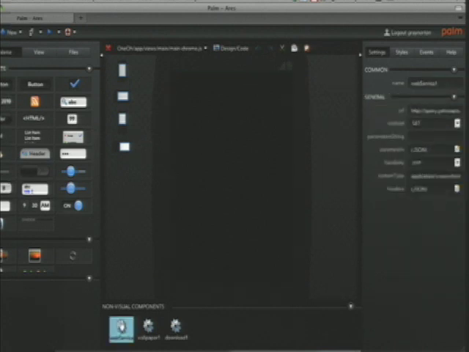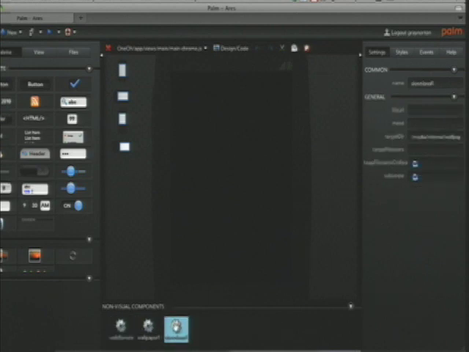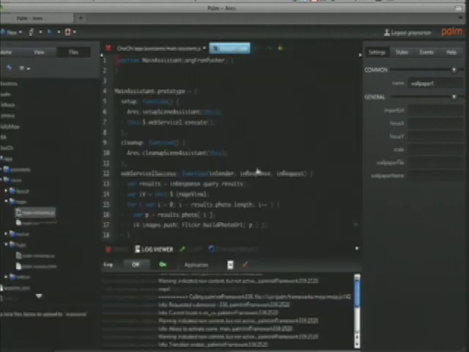So we have the web service component that I had already gotten to putting in. We also have a download component, because once you select an image that you want to make your wallpaper, we re-download a copy of it, and then we have a wallpaper service, which basically connects to the device service for setting your wallpaper. And if we move to the code view,